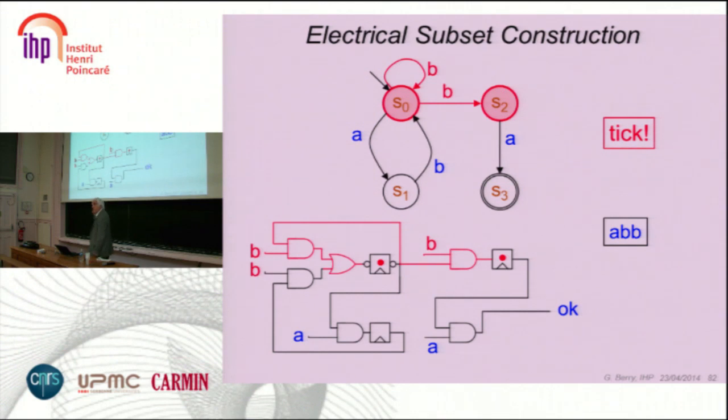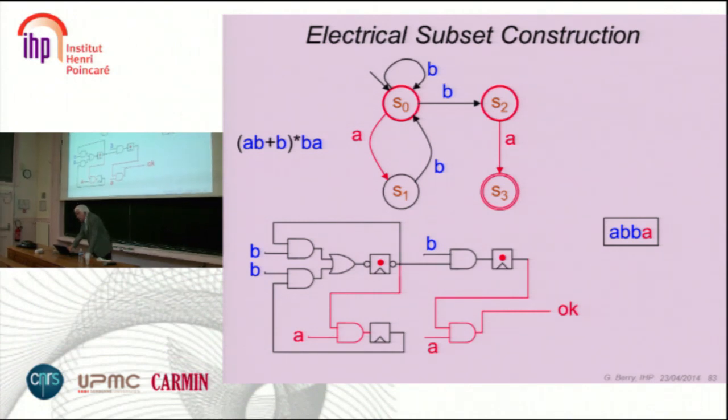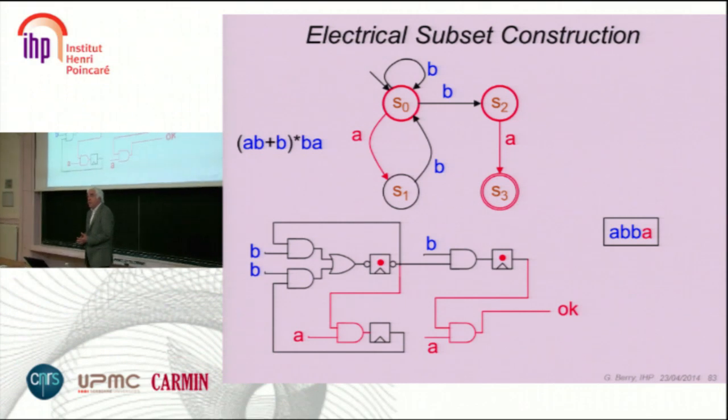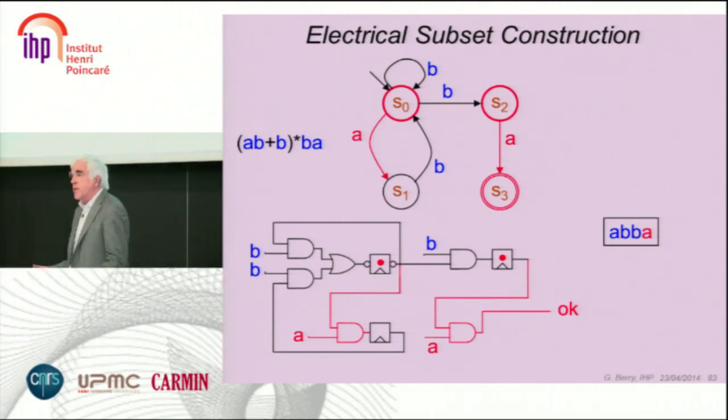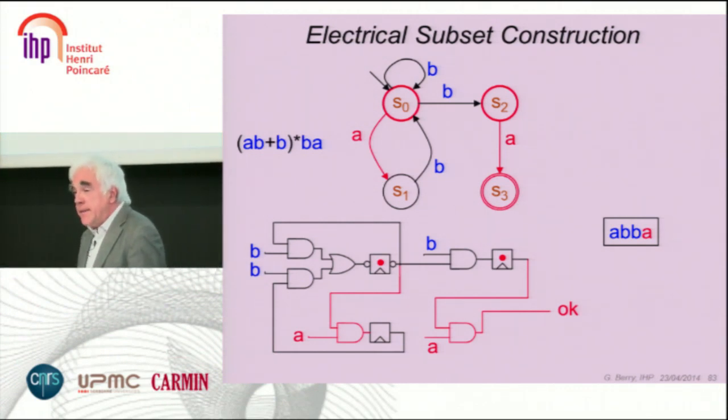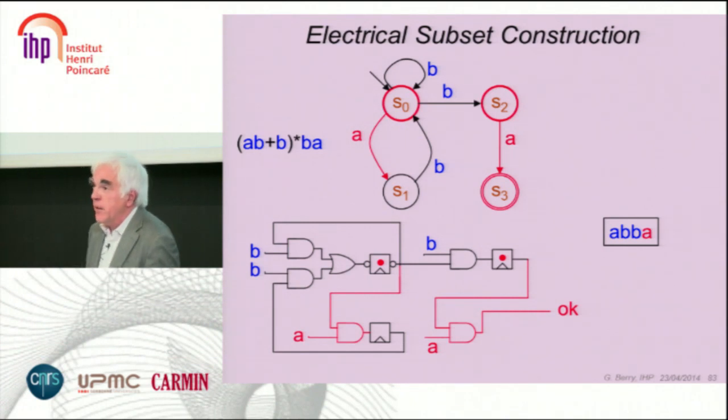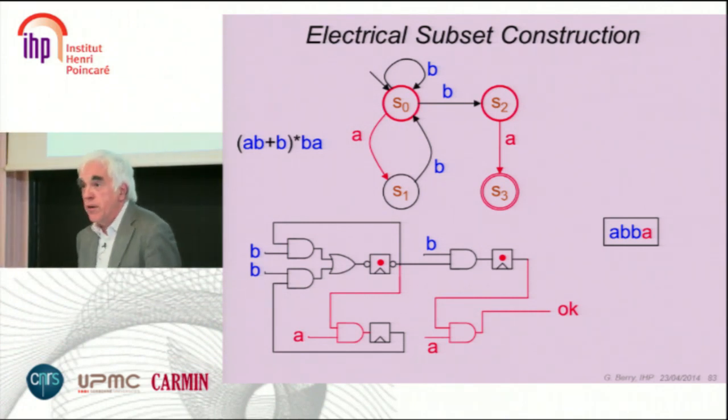This is called subset construction. That is exactly the algorithm that makes an automaton deterministic. Good. So it works. It works exactly in the same way. So when you put electricity in a non-deterministic automaton, you get a deterministic machine. That's it. So you can forget about the other one, period. It has no use whatsoever.